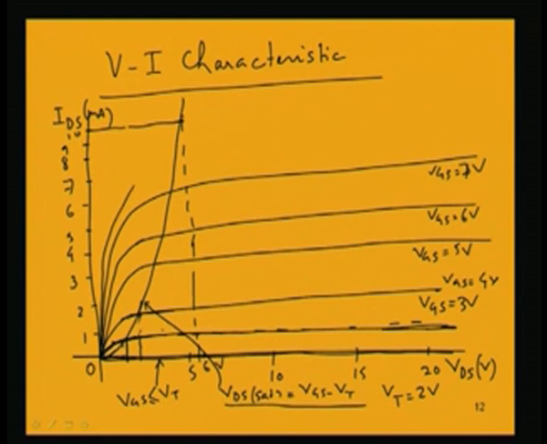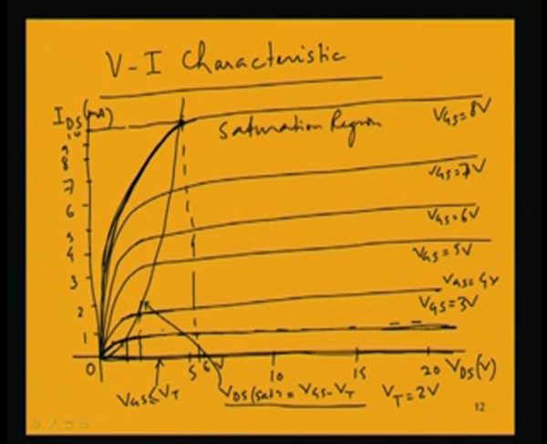So, basically we will be getting VGS is equal to 8 volt. This voltage is 6 volt, which is the saturation. Saturation voltage means up to this voltage the current will rise, but after that voltage is reached the current will be saturated. So, this is actually the saturation region